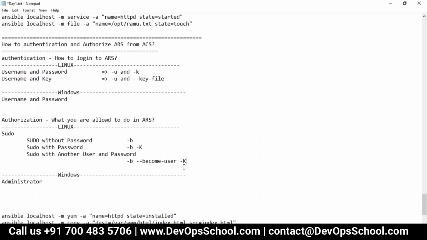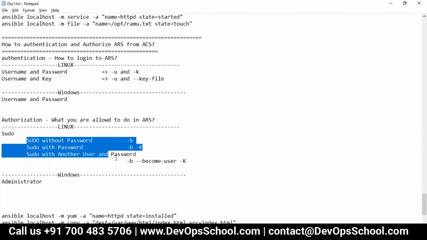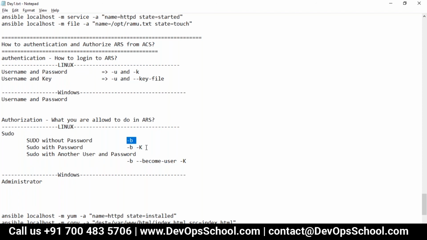So guys, now I don't know in your organizations what combinations you have for authentication and authorization, but for the time being you have taught me: if you have password-based authentication, you will use these two combinations. If you have keys and username, you will use this combination. For getting the authorization, if you have only this one, then you will use this or this or this.